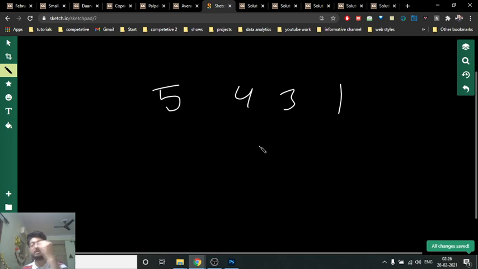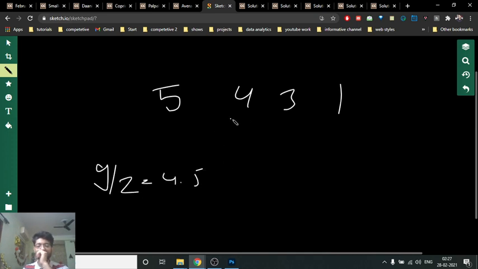Now what you can easily observe here is that whenever you find the average of two numbers, the average is always in between. So it is always less than the maximum number and greater than the minimum number. What I mean by this is, if you find the average for both of these, it's 9 divided by 2, which is 4.5.